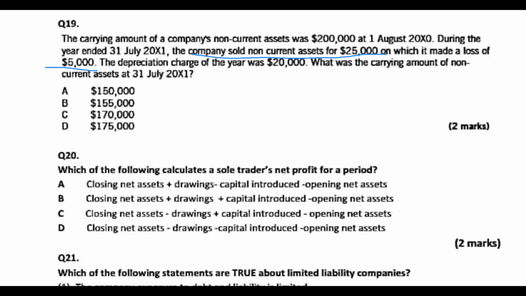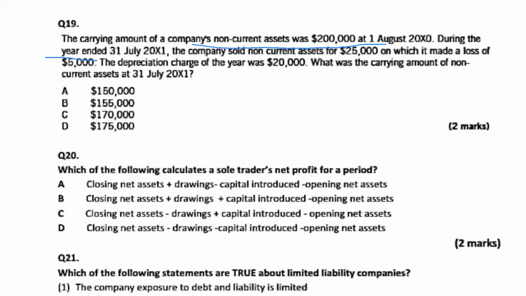Then from there, we see that they made a loss of 5,000, depreciation at 20. So which means